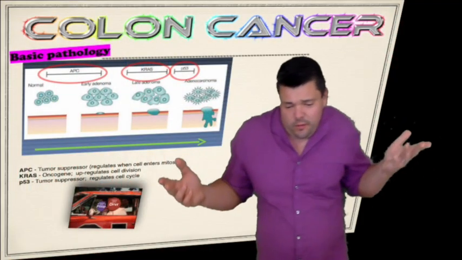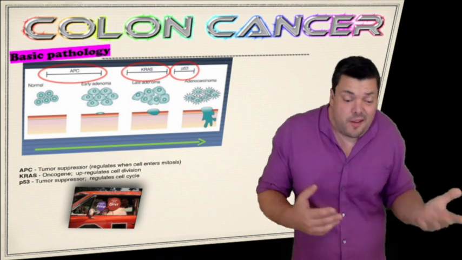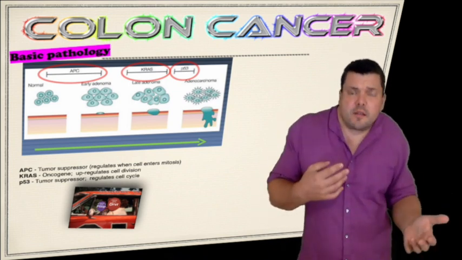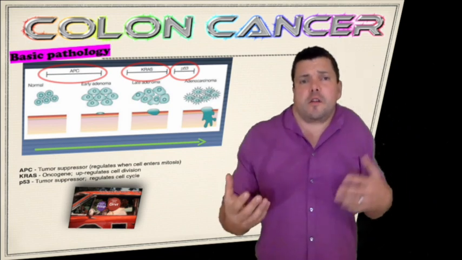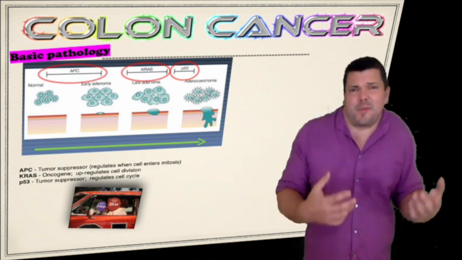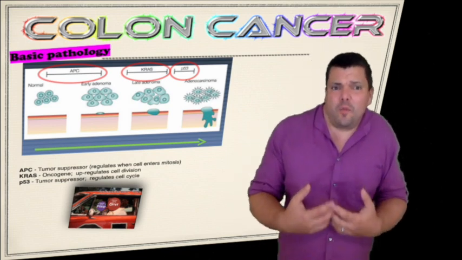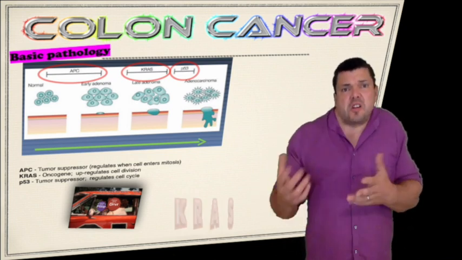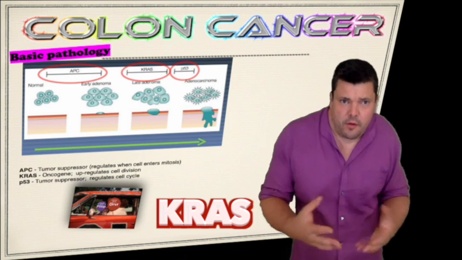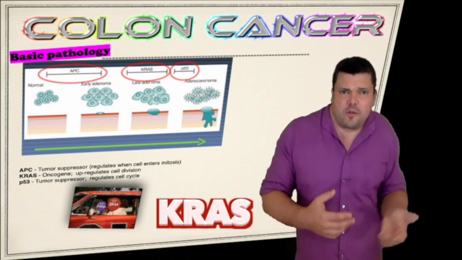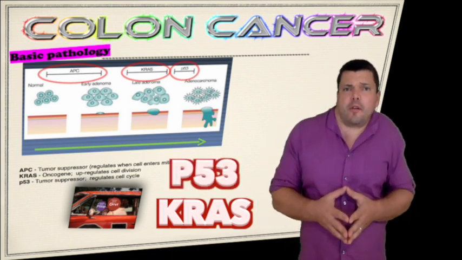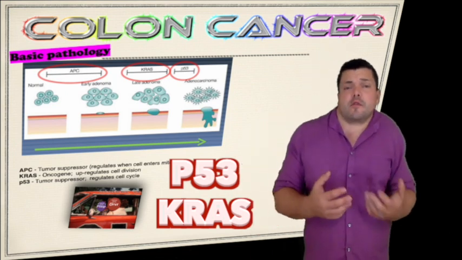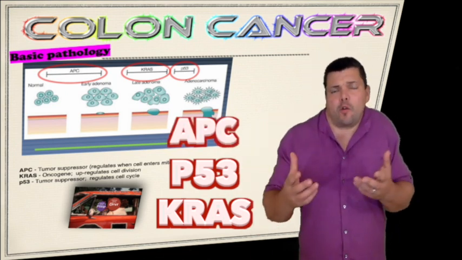All right, colon cancer. We've already talked about cancer in general. You already know the 4 principles of oncogenesis. You understand oncogenes, tumor suppressor genes. The basic pathology of colon cancer really is the result of activation of oncogenes. KRAS is the most popular one. And loss of tumor suppressor genes. P53 is very popular. In addition, many colon cancers start with the loss of a tumor suppressor gene called adenopolyposis